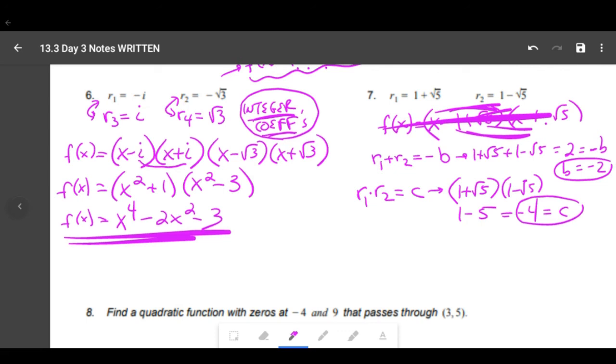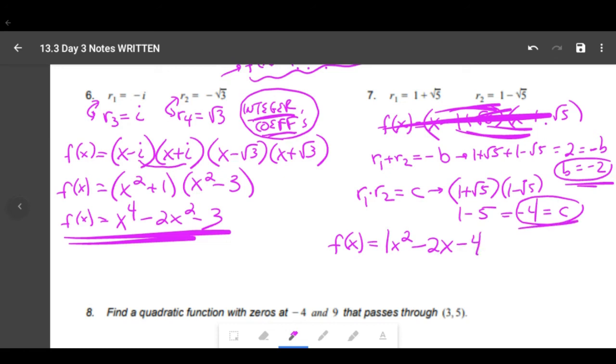So all I can do is write this and just say, well, f of x is equal to, now it's got to be a 1 in front of the x squared, and you write this. So if we have 2 roots, we added them together, and we got 2. That's the opposite of b, so that means that b is negative 2. See how I just kind of put that in there? And then if I multiply my 2 roots, that comes out to be your c,